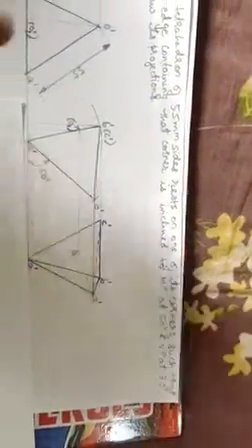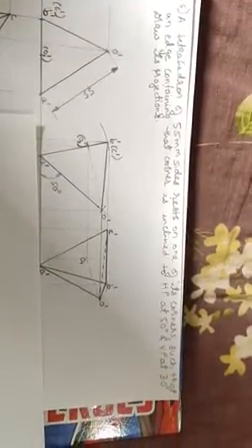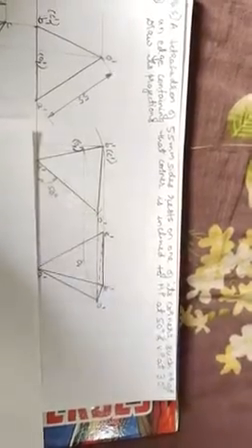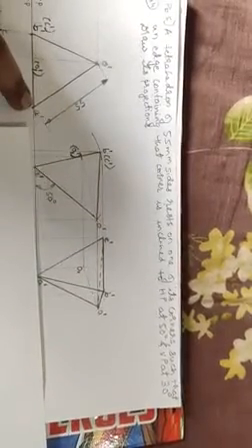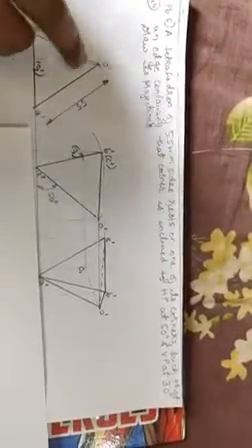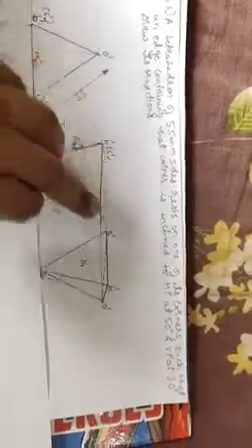So now inclination of the solid with respect to HP. So look at the problem here. A tetrahedron of sides 55 mm rests on one of its corners such that an edge containing that corner is inclined to HP at 45 degrees. So the corner on which it is resting is A dash. Edge containing this corner is A dash O dash. That is this line itself. So this line itself is inclined to HP at 50 degrees.